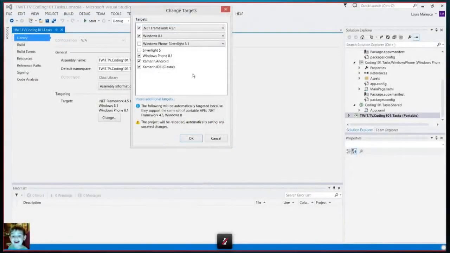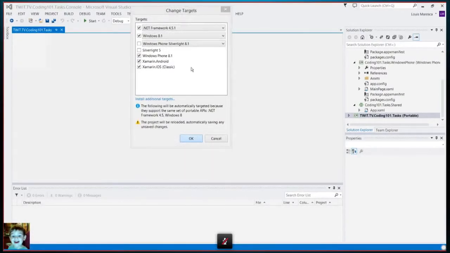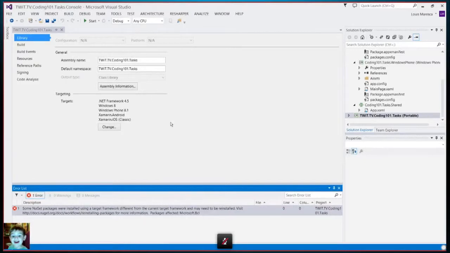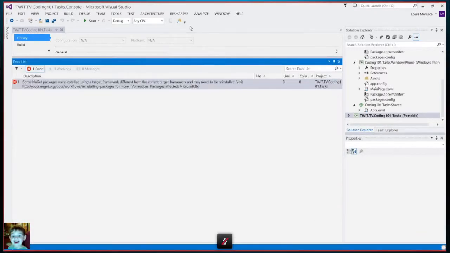Right. And so that'll make it so that the compiler will emit the Xamarin versions of these as well. Right. It's just going to go through your code and make sure that all the little subtle changes are made so that whatever commands you're using will execute on each OS. Right. Exactly. So now you're actually going to see something interesting down here, and I'm glad this happened because then